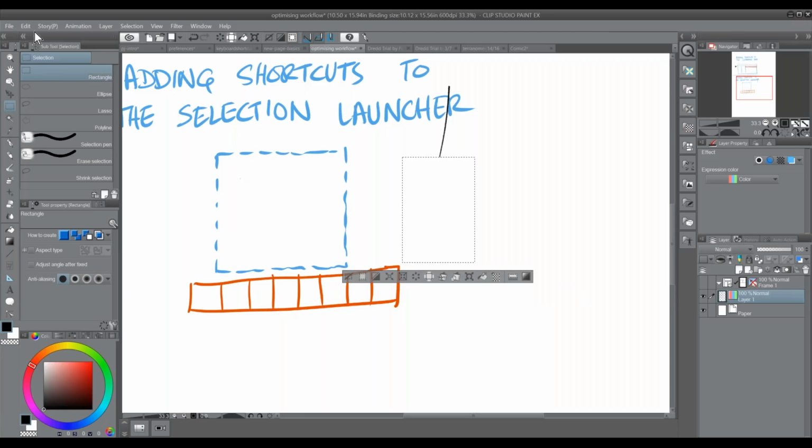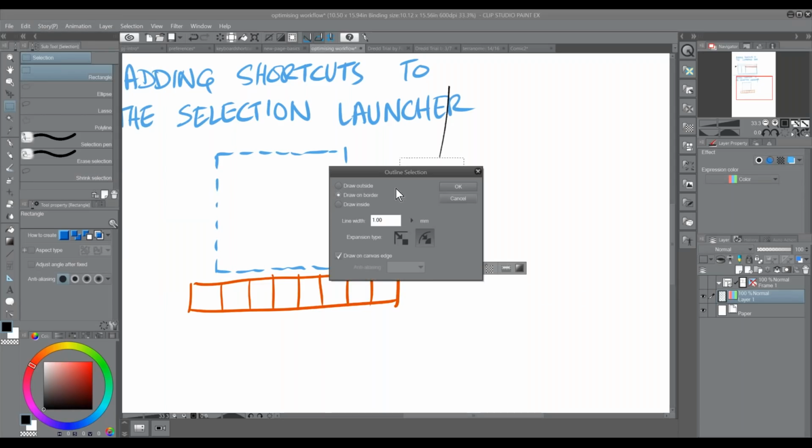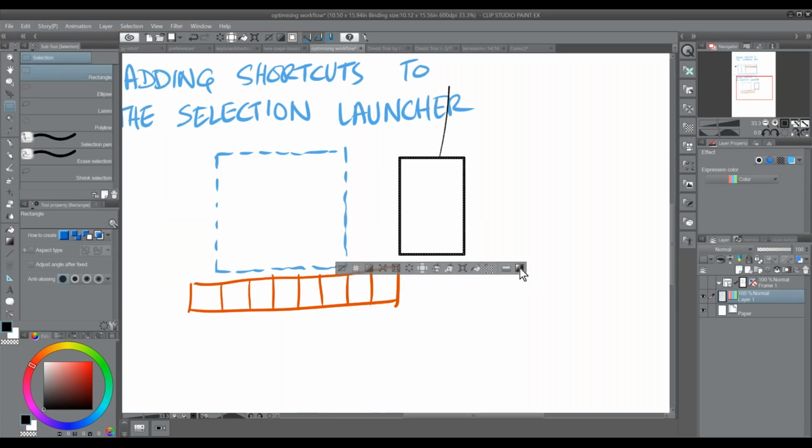For example, let's do an outline around it. I can do edit and outline selection, and I'll do a little border around that. So there's a little border around that, and then I can use another tool like fill. So I'll fill that with